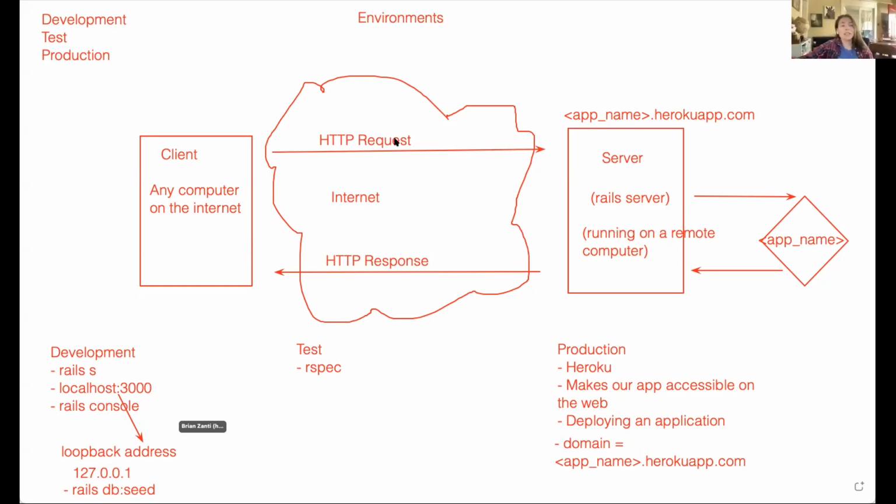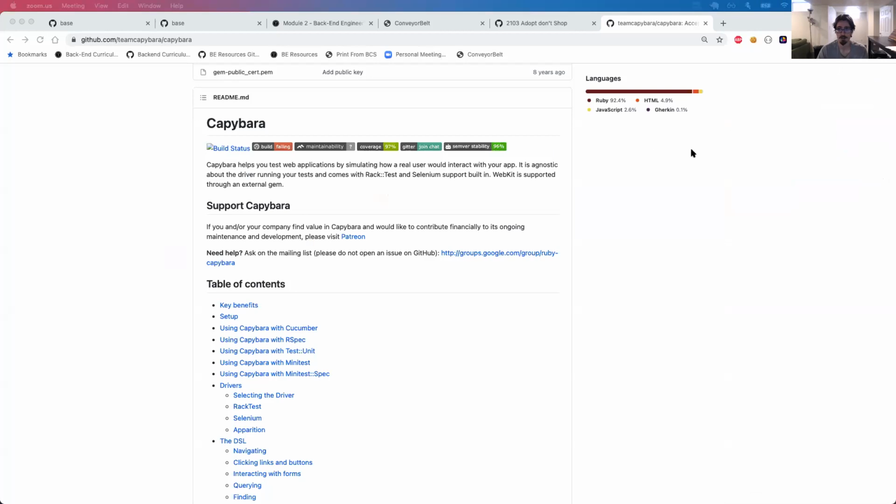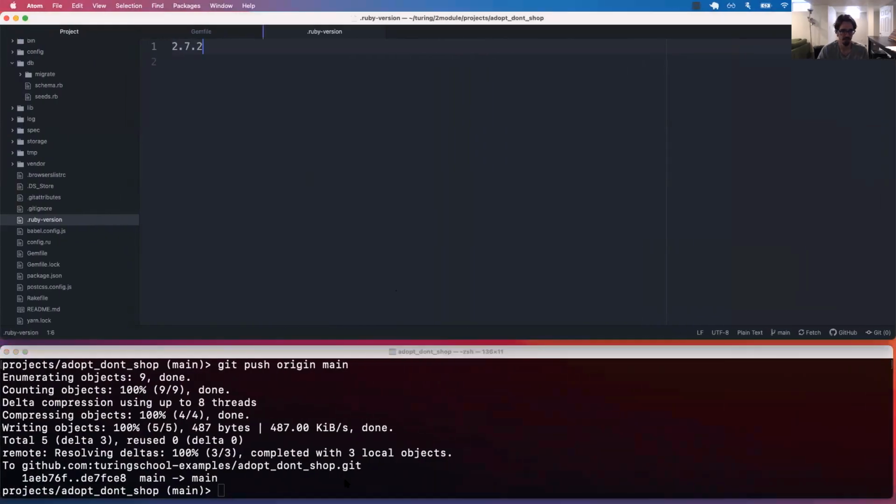But if you wanted to connect Postico or SQL Developer or SQL Pro to it, could you do it? I don't think you could connect those sorts of applications. I think that's a little bit too much, but you could. Let me try to show you here. Actually, let me use Conveyor Belt as an example here. So let me go to